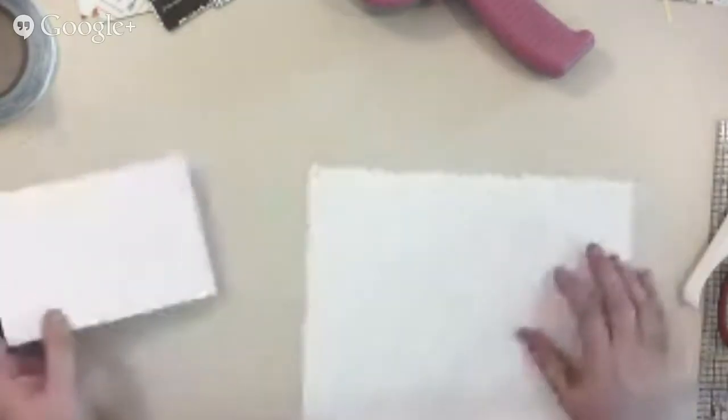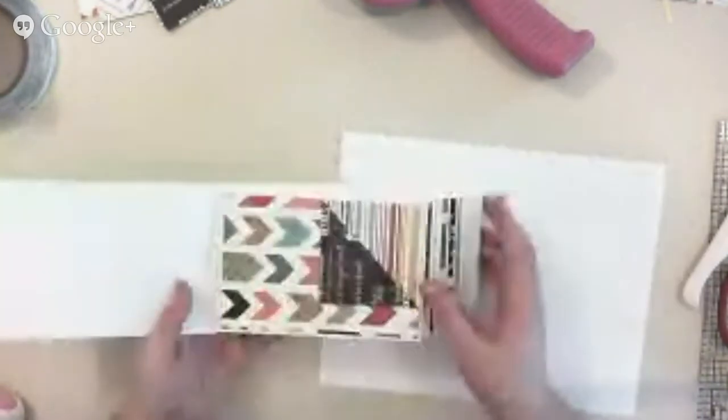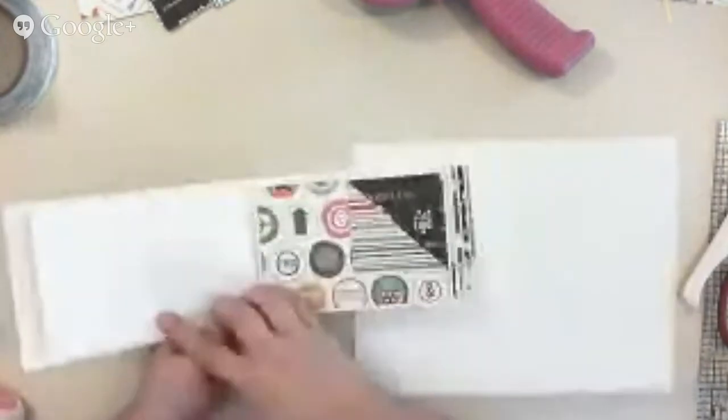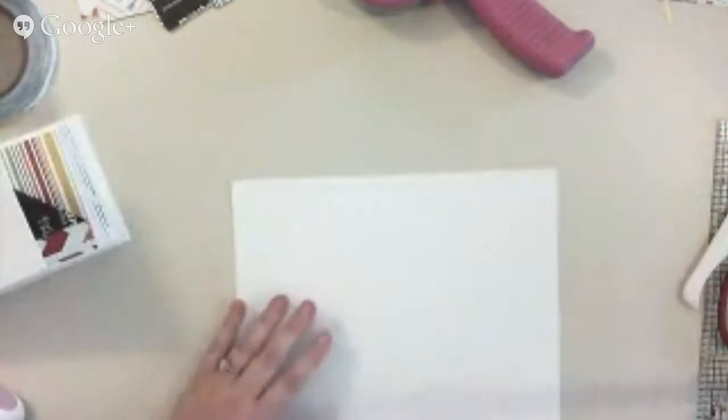Okay, so we're back for another part of our Craft With Me video. So far we have the book and we have the top flap done on all of them. Now we're going to work on the back flap, which is going to have a belly band. Because I want mine matted, I'm going to have my belly band be white first, and then I will